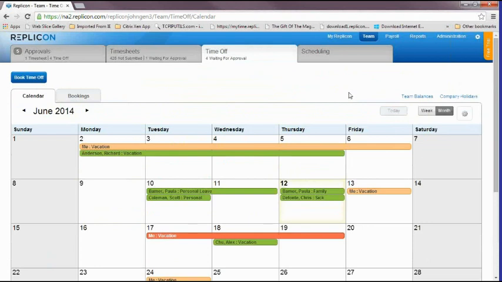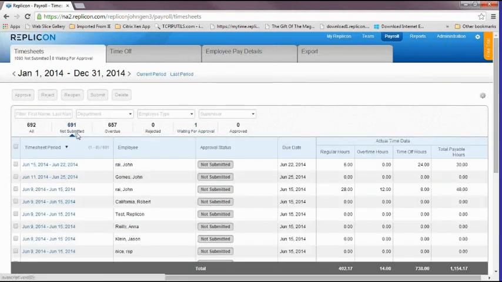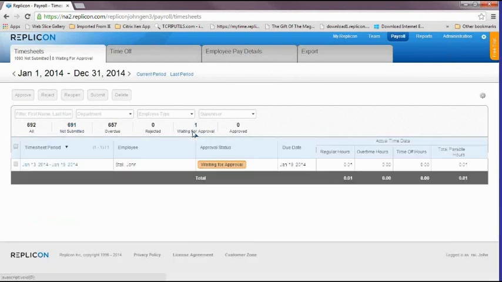Now, from a payroll perspective, a payroll administrator also has a part of compliance over here. From a high-level administration perspective, they would need to monitor, from an organizational level, who has not submitted their timesheet or whose timesheet has not been approved by the supervisor on time. And they can make sure that the timesheets have been processed to payroll and paychecks have been processed on